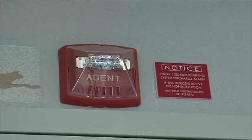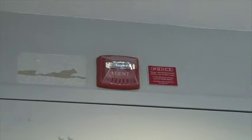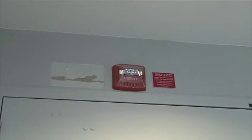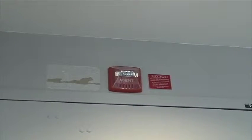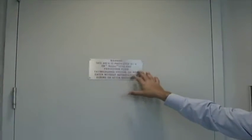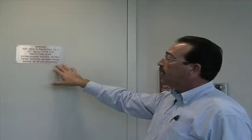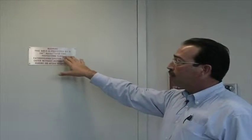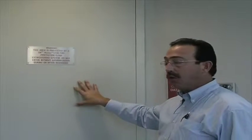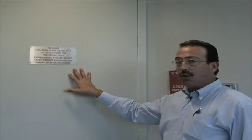Okay, what we have outside of the protected areas, the doors leading into the protected areas, is the agent release strobe. This strobe will be flashing only for the protected area that has discharged. Okay? On the door, you're going to have signage telling you, warning, this is a protected area. It has an extinguishing system, and this system is a 3M Novec 1230. Okay, so all the doors leading into a protected area have the signage, and it also has the release strobe